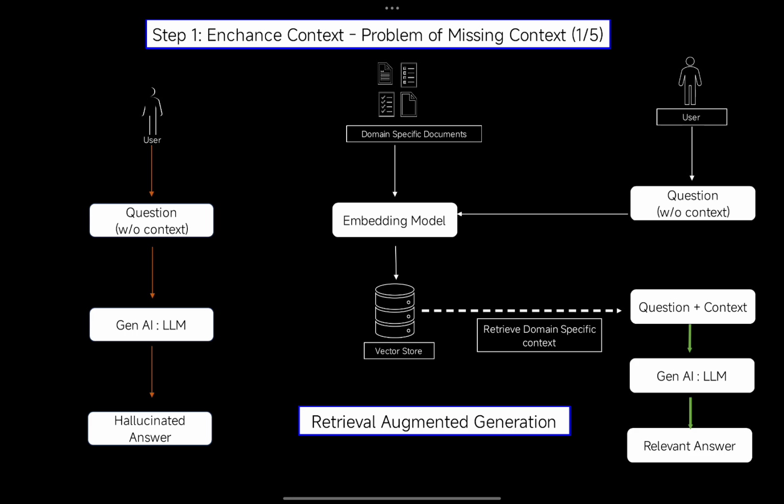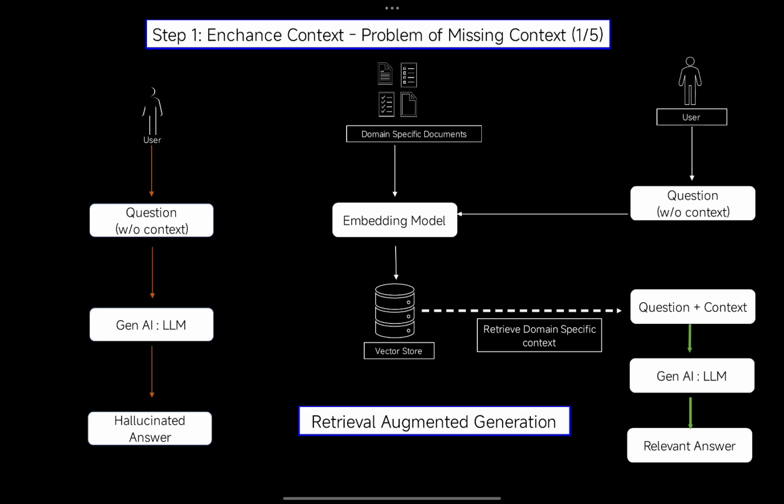Right, so you can see we have certain domain specific data which can then be clubbed into the system by creating chunks. The requirement to create chunks is mainly that these documents can be very large in size. If you want to put a single document as context to the LLM, that may be greater than the context length supported by the LLM. So what we do is we create chunks of those documents, and then we